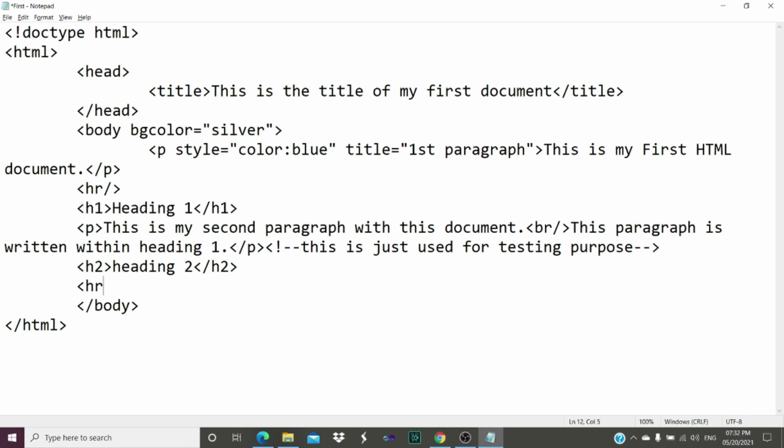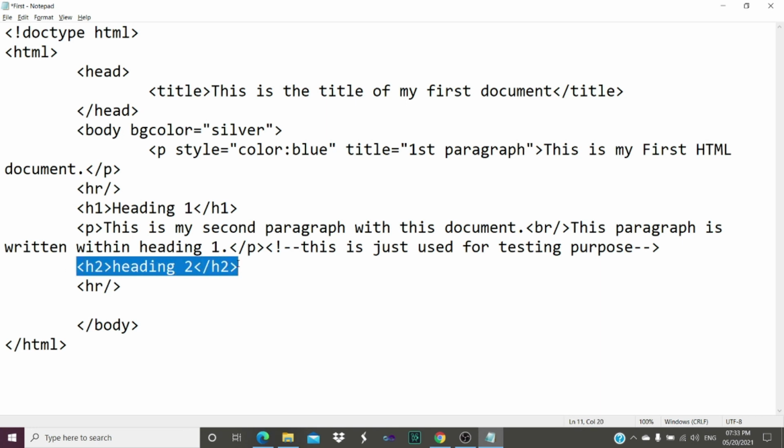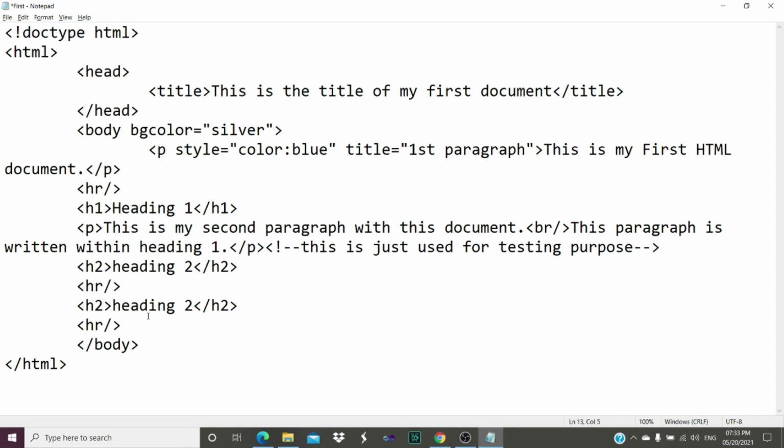After each and every heading tag, I will add the HR tag, that is for horizontal rule. So here I have specified the second heading tag, that is H2. I will copy it, paste it over here, and then I am specifying the H3 tag. I am modifying the content again.